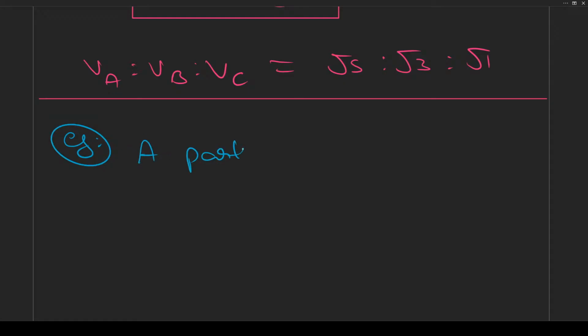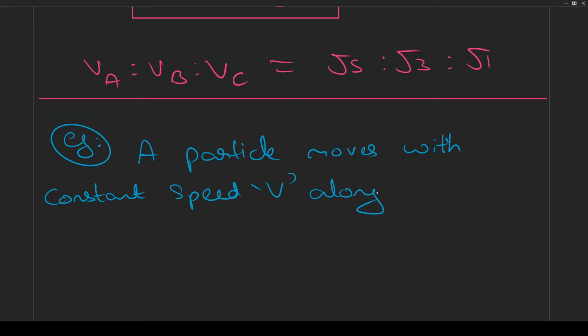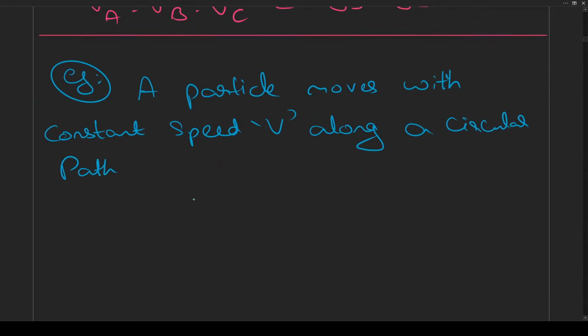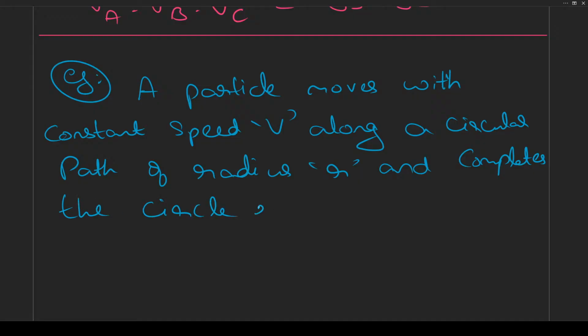A particle moves with constant speed v along a circular path of radius r and completes the circle in time t. The acceleration of the particle is,